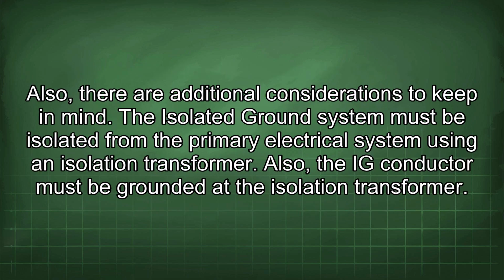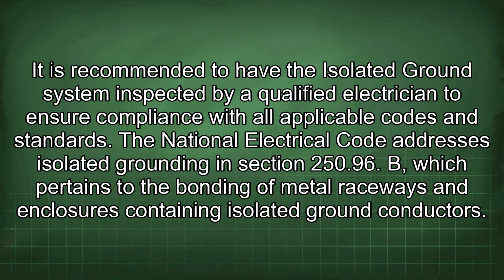Also, there are additional considerations to keep in mind. The isolated ground system must be isolated from the primary electrical system using an isolation transformer. Also, the IG conductor must be grounded at the isolation transformer. It is recommended to have the isolated ground system inspected by a qualified electrician to ensure compliance with all applicable codes and standards. The National Electrical Code addresses isolated grounding in Section